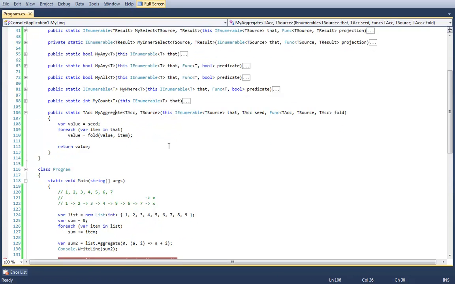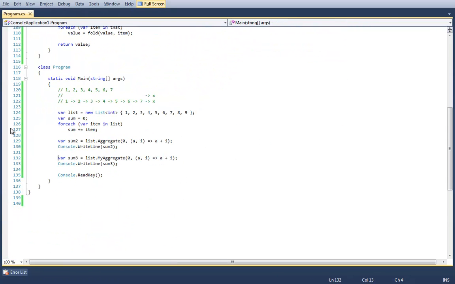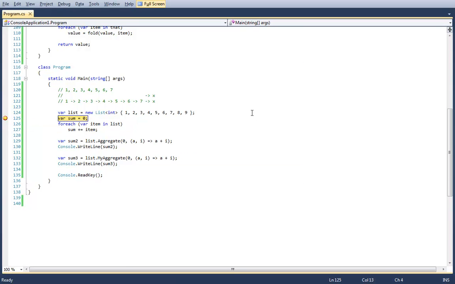Okay, so jumping back down to aggregate, first of all, I'm going to step through this code right here. So now the program is paused on line 125. I know that everybody here will be able to do this even in their minds, but I just wanted to go over it meticulously so you can see the parallels between this and the aggregate. You'll notice that we loop through every item in the list, and for every item in the list, we simply